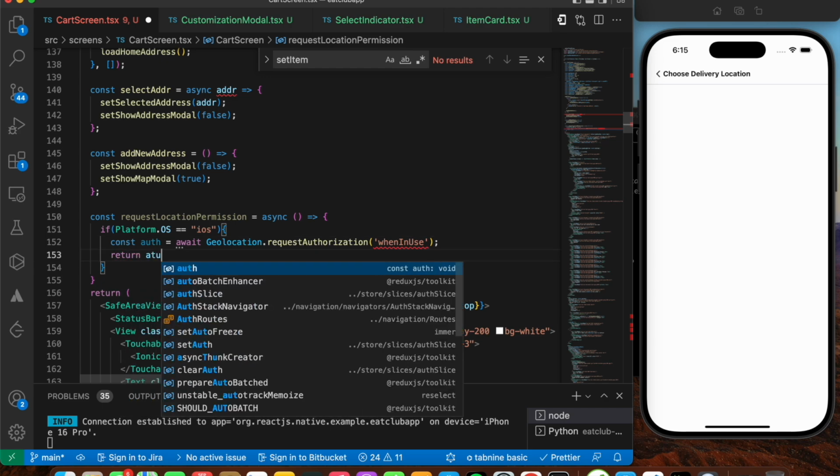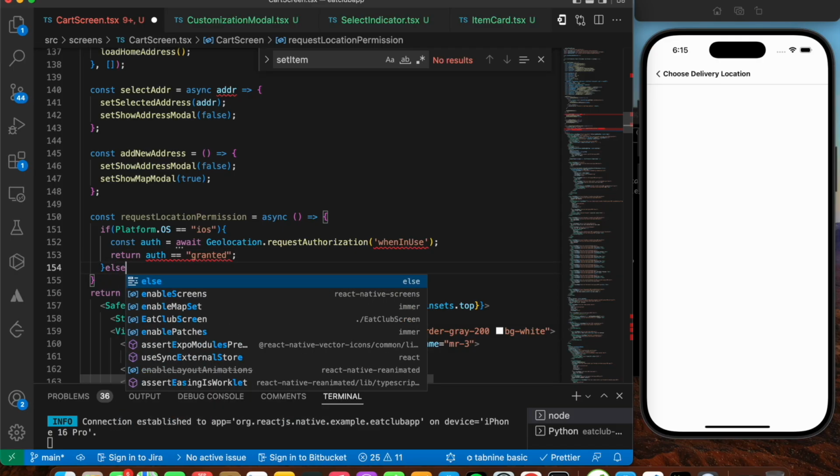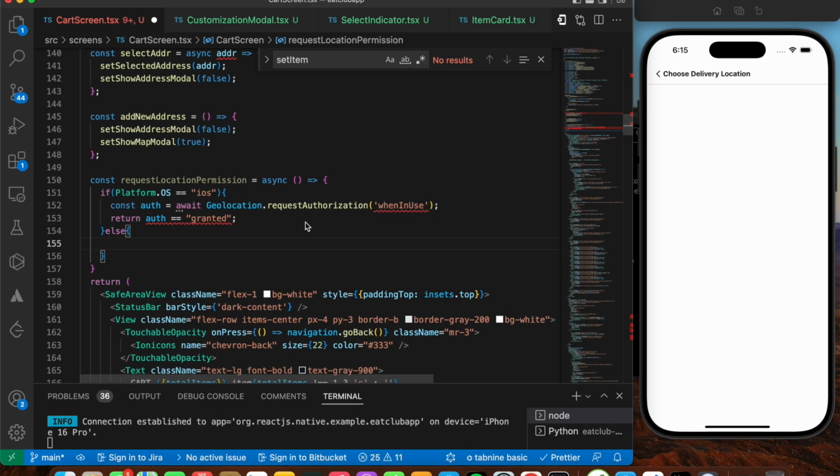Then I'm going to say return auth is going to be equal to granted. So this is going to be either true or false depending upon whether the user has allowed the permission or not. That's it. Else over here I'm going to say